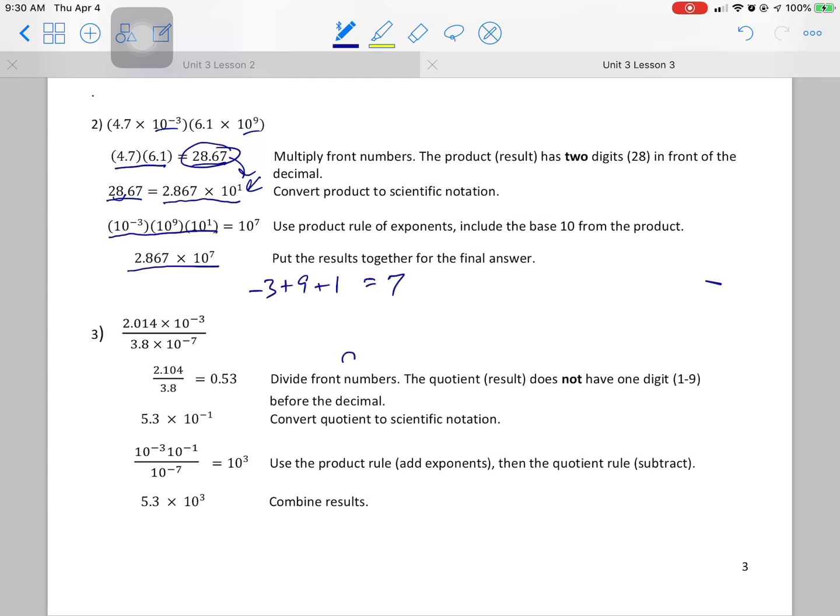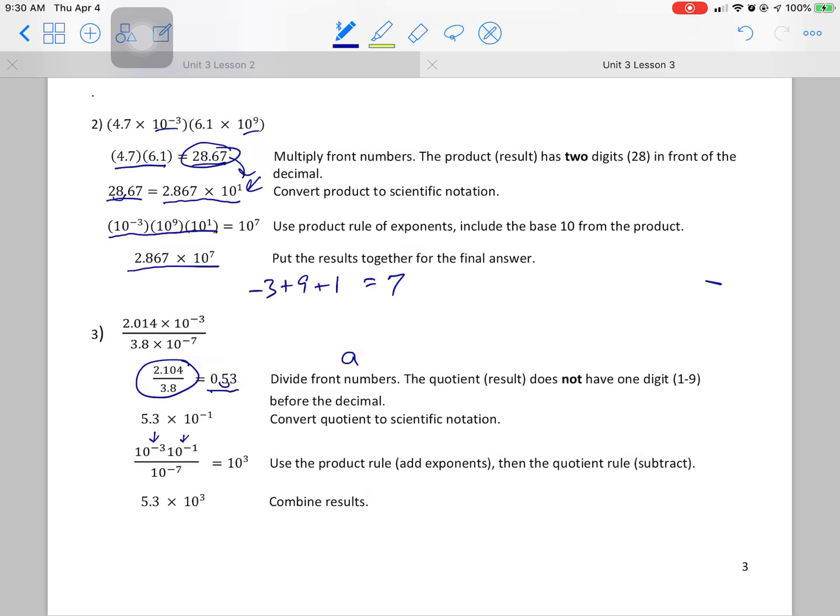We are dividing the front numbers, the A part. So this is 2.014 divided by 3.8. That comes out to something that's not scientific notation. It doesn't have one digit before the decimal. So we need to convert this by moving this decimal one place, and it's a small number, so that's a negative. Okay, so back up here we have 10 to the negative 1 plus our 10 to the negative 3